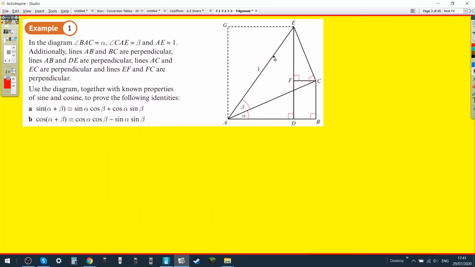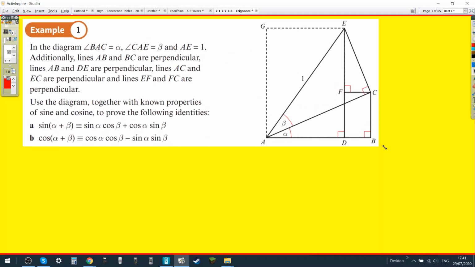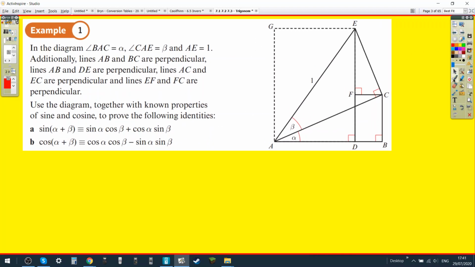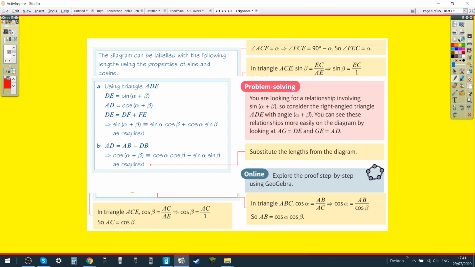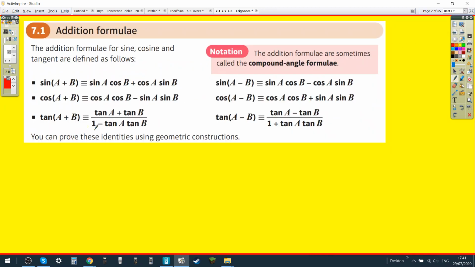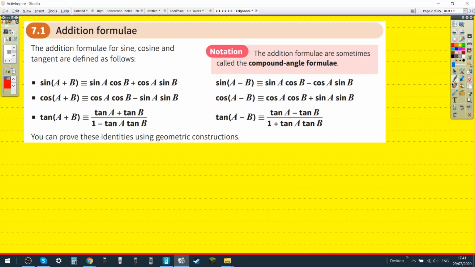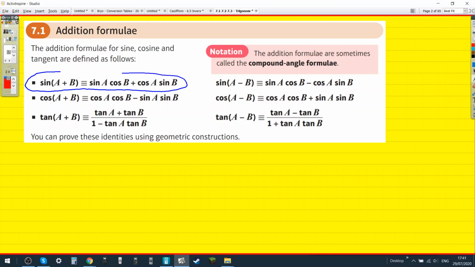So this is where the first one comes from. Fascinating stuff, absolutely fascinating. They give you the formula. You don't need to prove anything if they give us an exam question. This is just to prove where these formulae come from. We'll do one. Okay, this formula here, which is given to you,